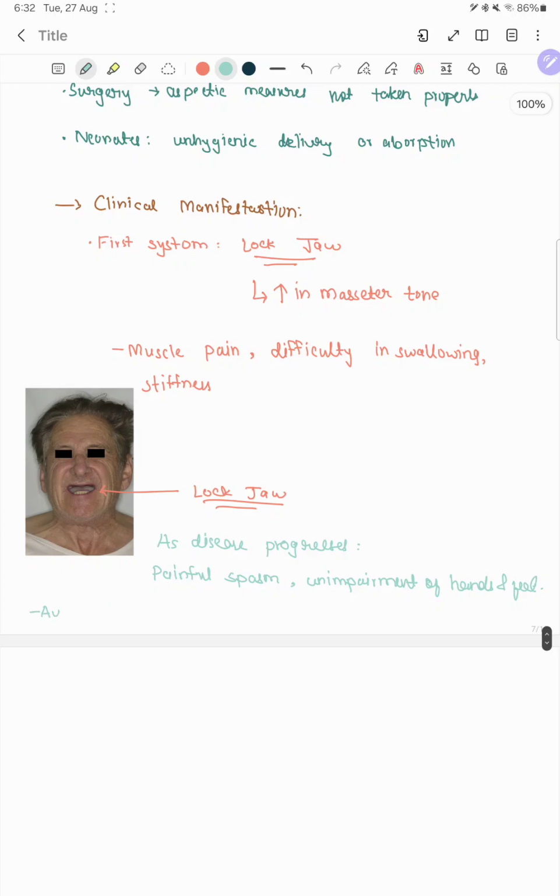Another is autonomic dysfunction. This is seen in the second week of tetanus. It causes increased BP and tachycardia. Okay,